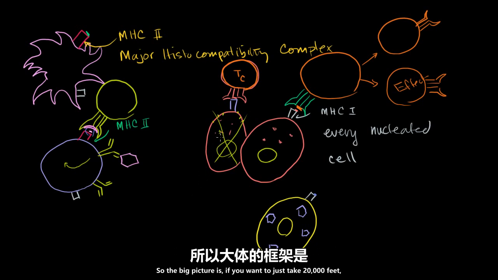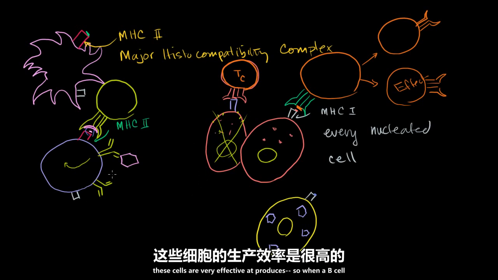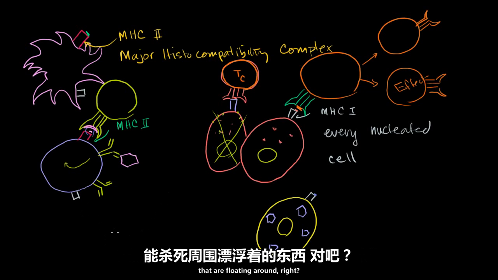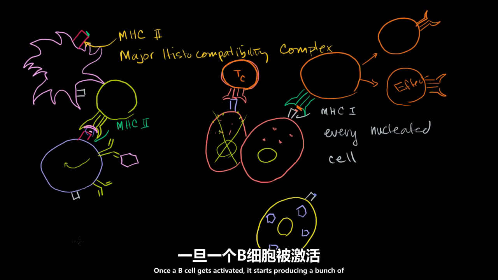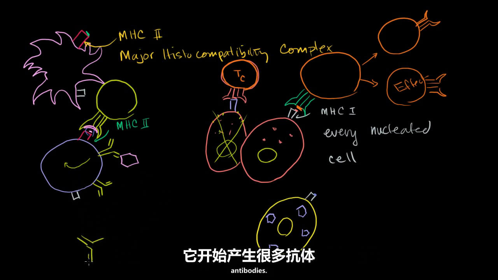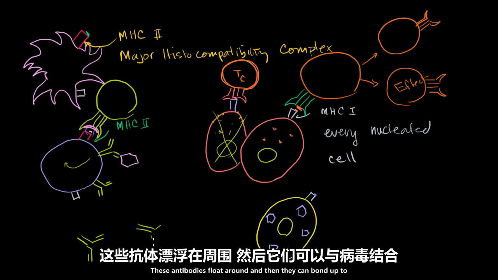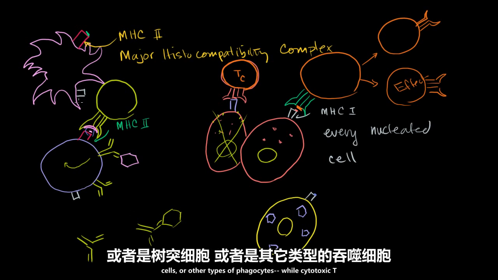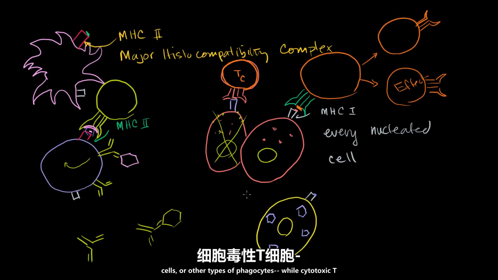So the big picture, if you want to take a 20,000 feet view, is that B cells are very effective at producing. When a B cell gets activated, it produces antibodies that kill things that are floating around, right? Once a B cell gets activated, it starts producing a bunch of antibodies. These antibodies float around, and then they can bond up to viruses, make them ineffective, or essentially tag them for pickup from macrophages or dendritic cells or other types of phagocytes. While